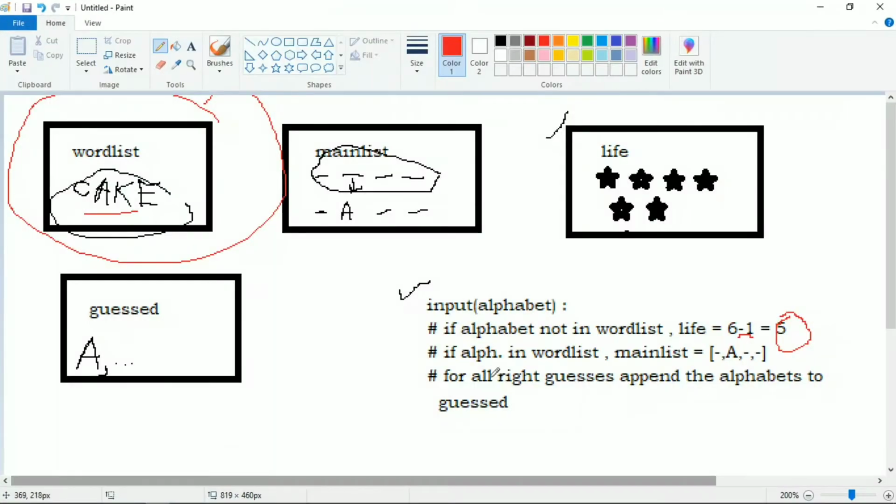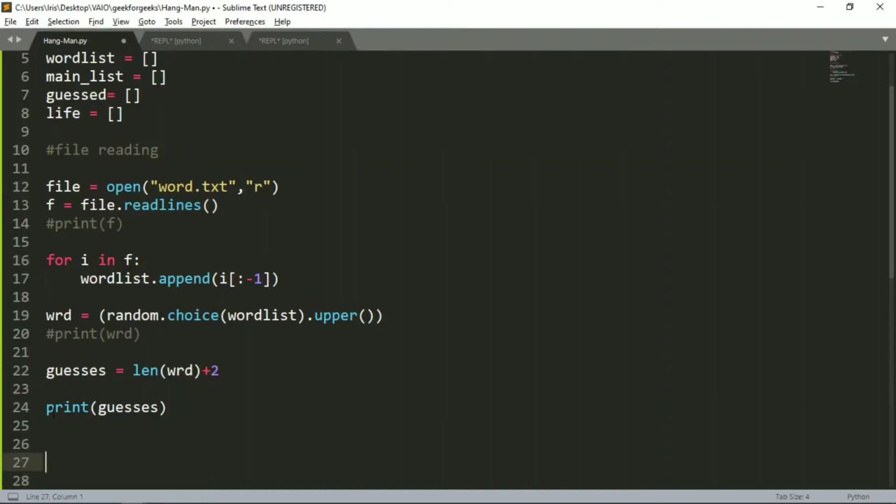Now we have to create the visuality of the guesses, where here I've created the stars. We need to do that right now. So I will create my guess list and portray that in the main program. For each letter in the word, meaning for the number of letters in the word, I will append a star into my guess list. Let's say the word is rain, and it consists of 4 alphabets.